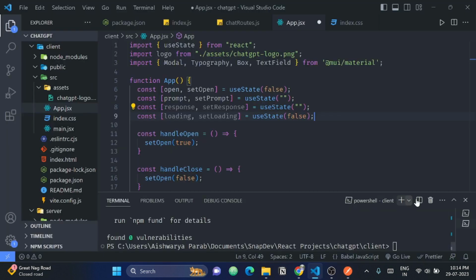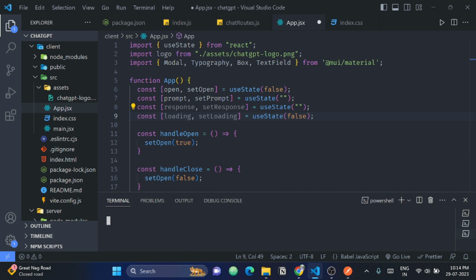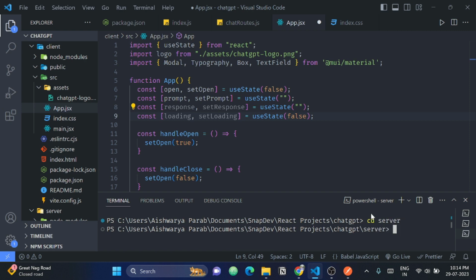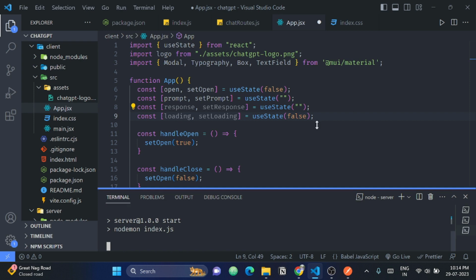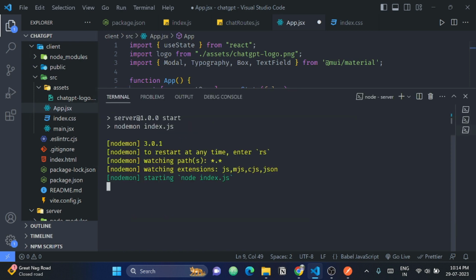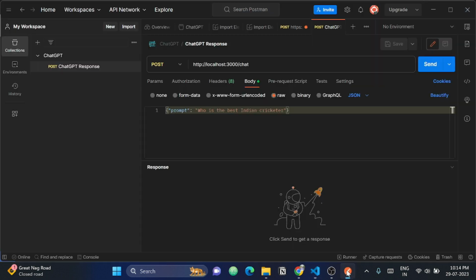Now one thing that I realized is our server is not running, so we won't be able to test our API. So let's open another terminal, and here we will go into server, and here we will run npm start. Now with this, our server will also start running. We are spinning our server, and this will run on port 3000. So in Postman, if I send this,